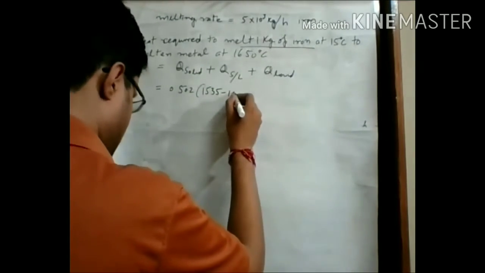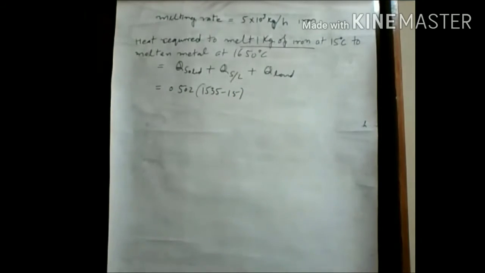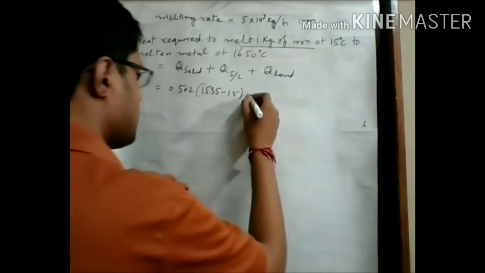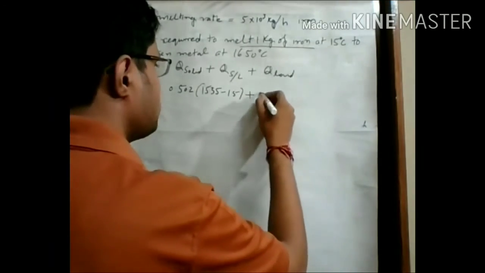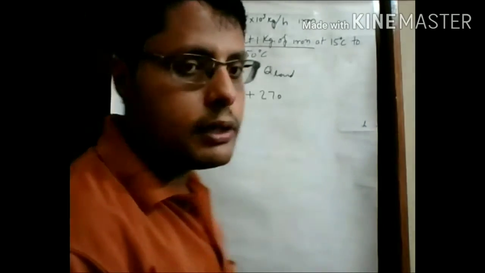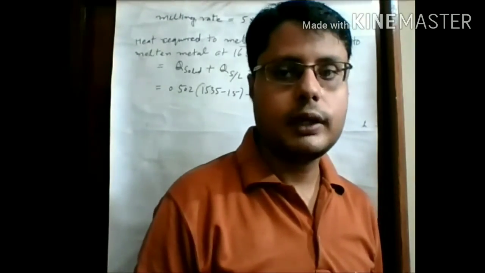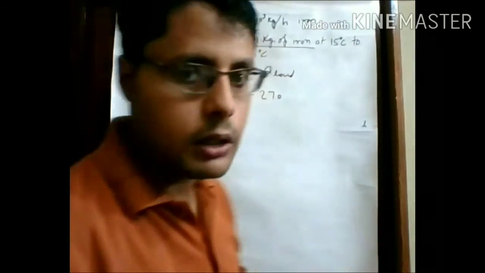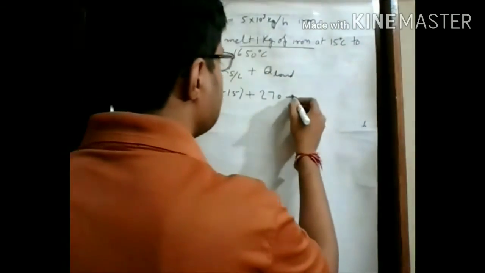1535 minus 15, plus 270. That is the latent heat given inside the problem, that is 270, with M considered as 1, plus